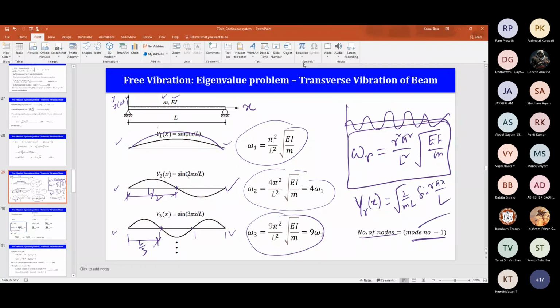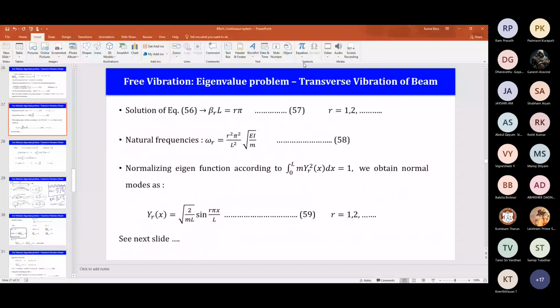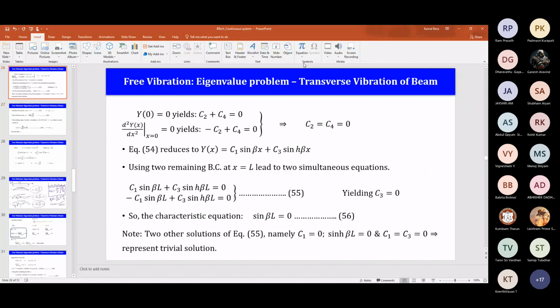In the next week, we'll discuss another boundary condition, that is the cantilever beam. And we'll find a little bit more complicated situation there, in terms of solution. What is the frequency equation here? I cannot find it in the slides. This is the characteristic equation, because it gives the frequency, right? So this is the frequency equation.